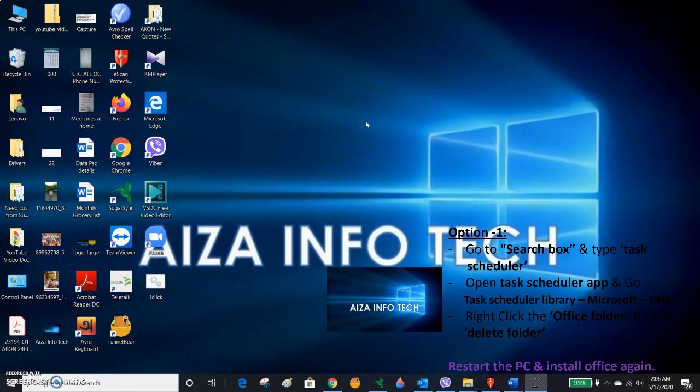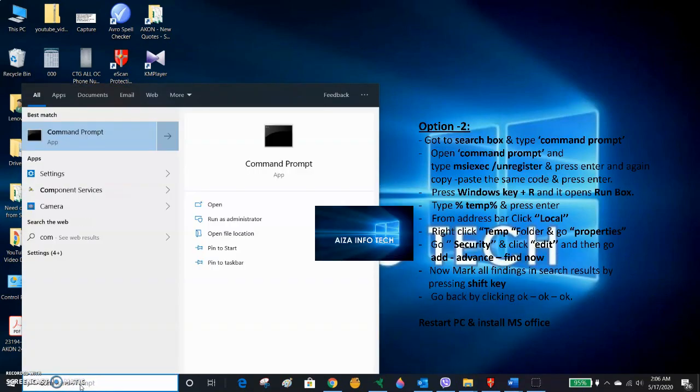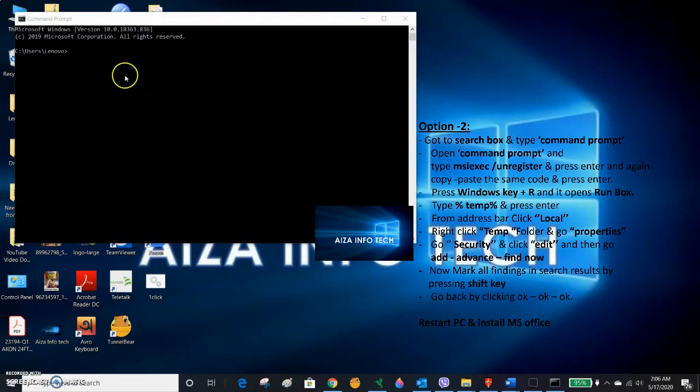And the second option is to go to Command Prompt. You can see the Command Prompt pop-up coming. You can write here. I have already put this in my video description.